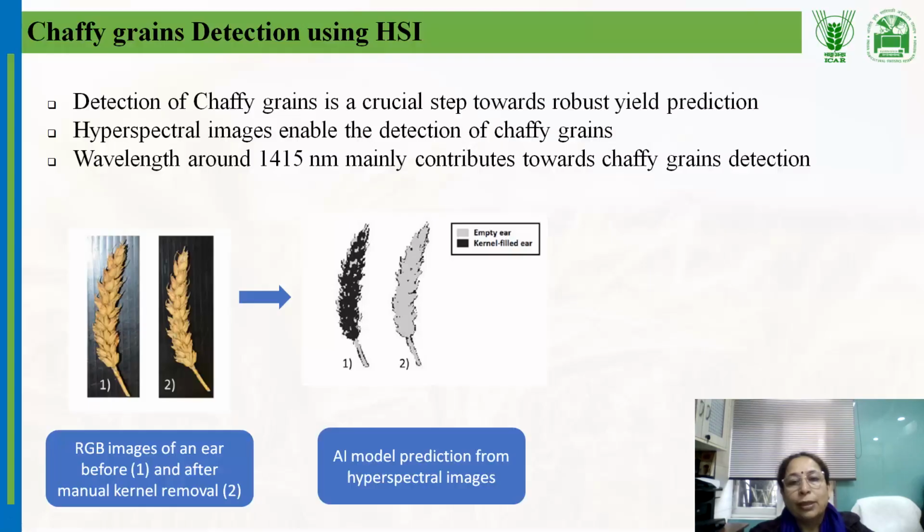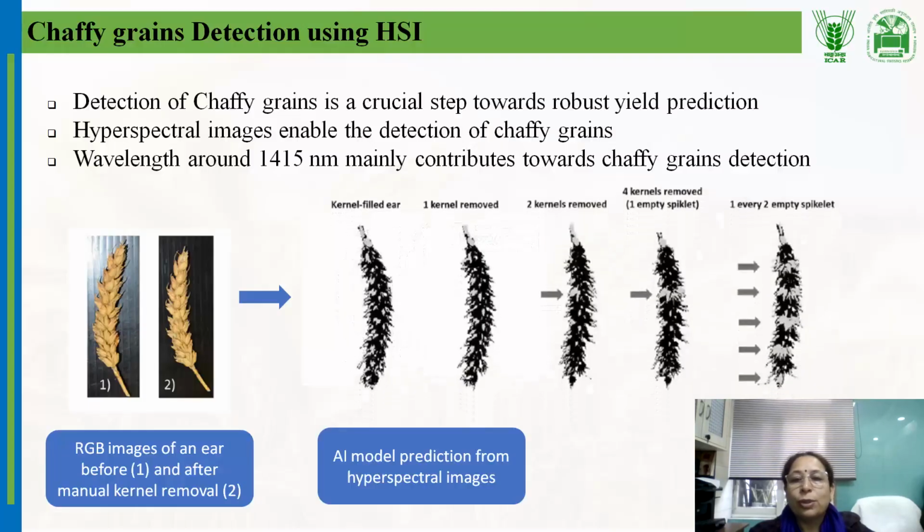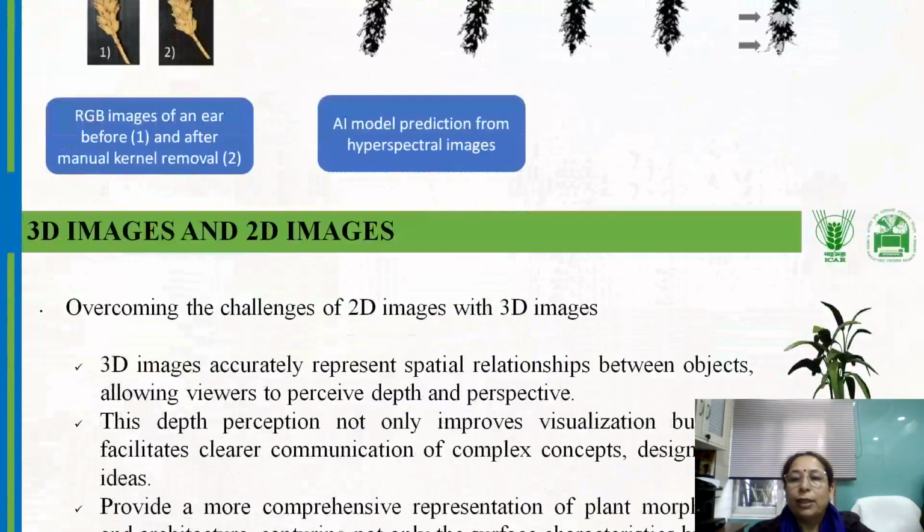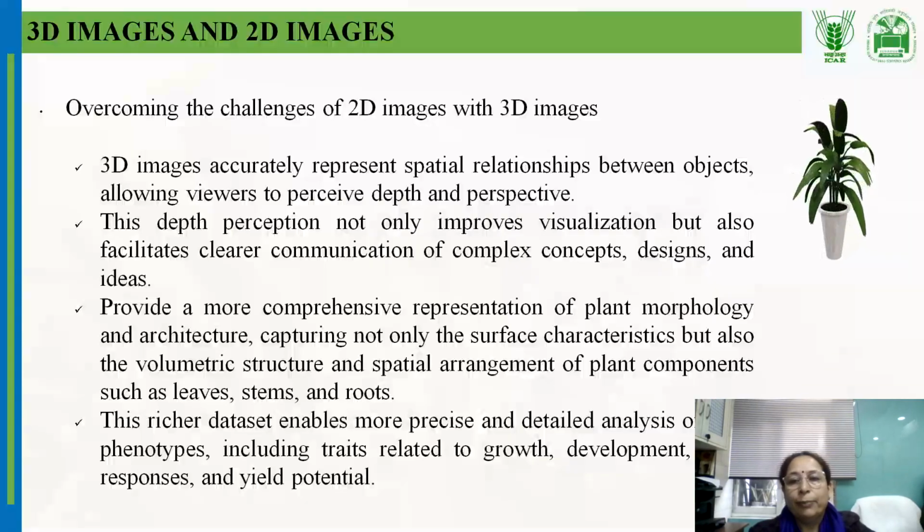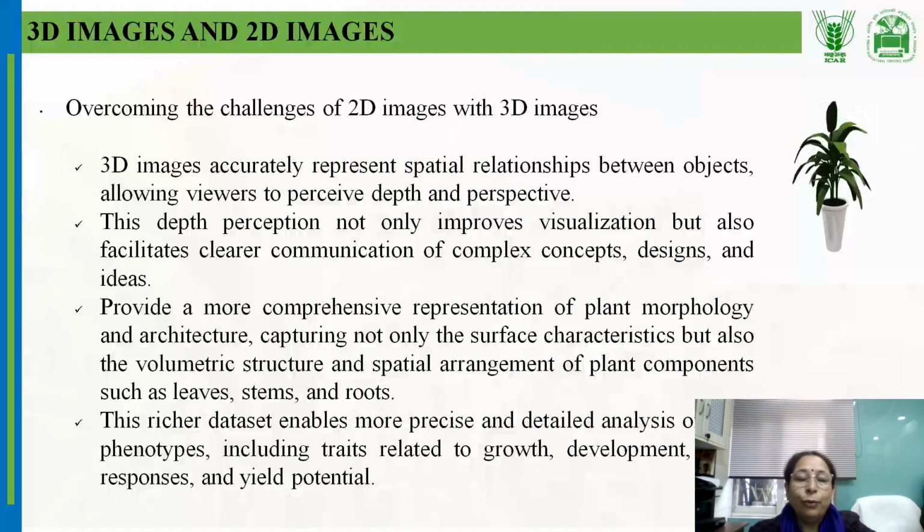grain detection. You can see certain kernels which were removed, shown in gray, which is empty, and this is the black one, which is filled. A model prediction from the hyperspectral images was done, and you can see we are able to identify certain of these. We are still working on this approach, and another approach which we are working on now, which is we have